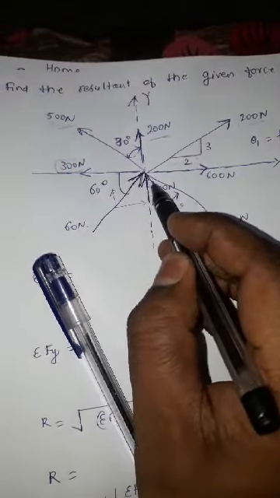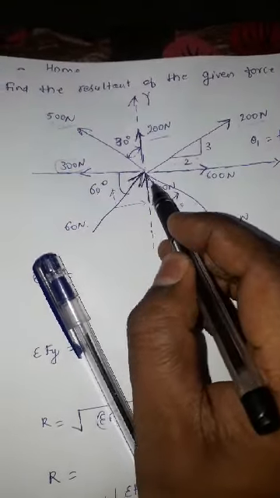So as per the steps, as they have given you the slope here, I am initially calculating the angle theta 1 with respect to horizontal. So theta 1 equals tan inverse 3 by 2. So I will get this angle as 56.31 degrees. Now this is the only force, the 200 Newton force, given in terms of slope. No other forces are given in terms of slope. So I am just calculating theta 1 here.